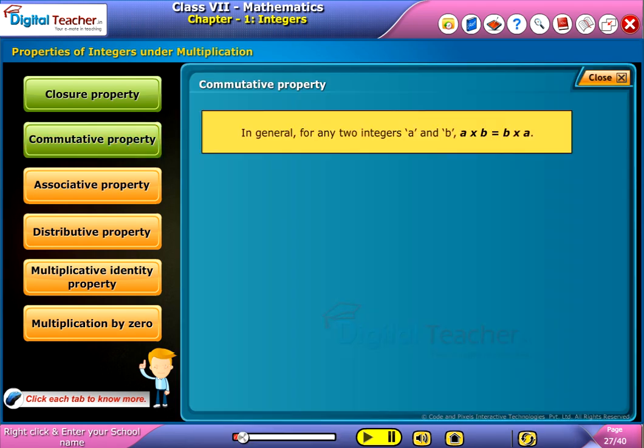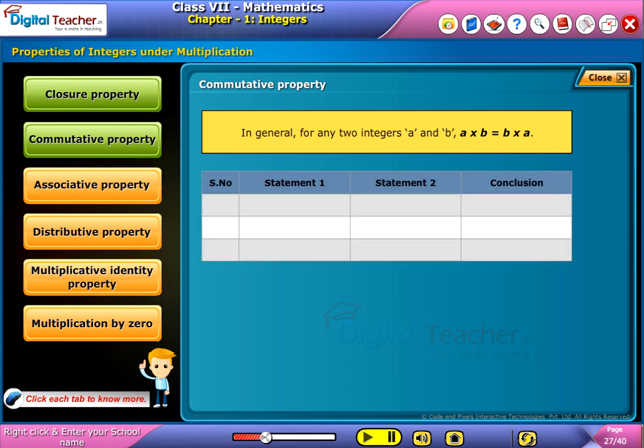Commutative property defines that for any two integers a and b, a into b is equal to b into a. In the first statement, 5 into 2 is equal to 10, and in the second statement, 2 into 5